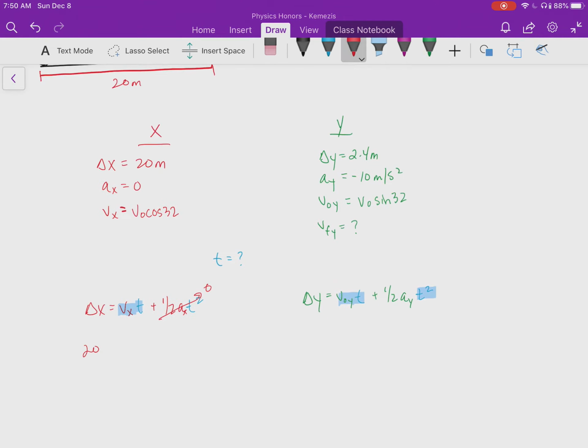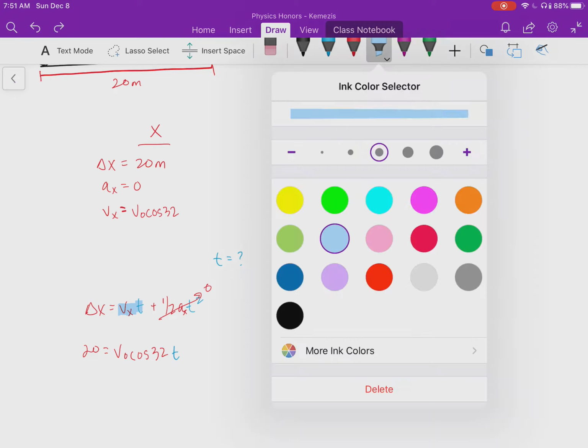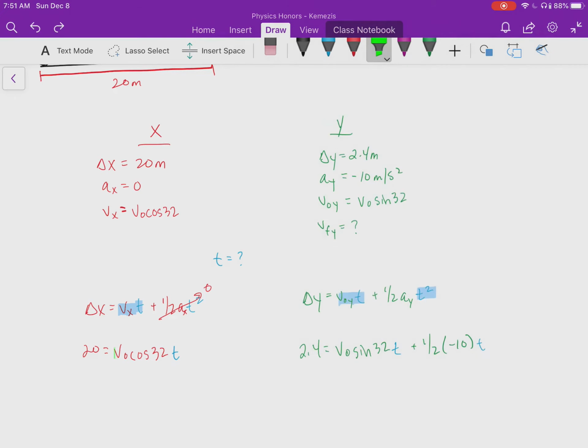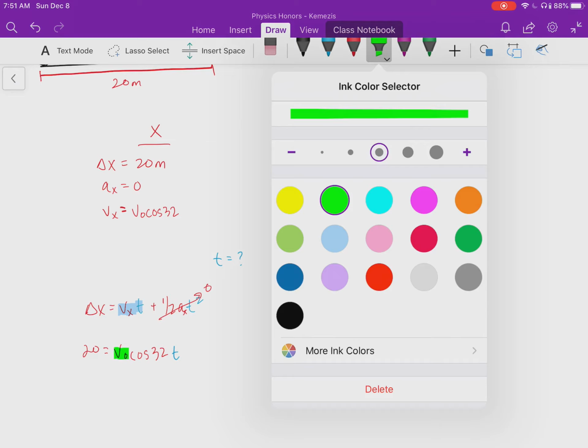So if we plug in 20 equals v naught cosine 32 times time, we still have two unknowns in that equation. I do agree with you. Here we have 2.4 equals v naught sine 32 time plus 1/2 negative 10 t squared. This equation still has two unknowns, but between these two equations, we have just two unknowns,